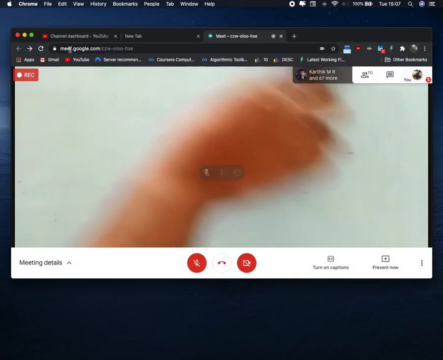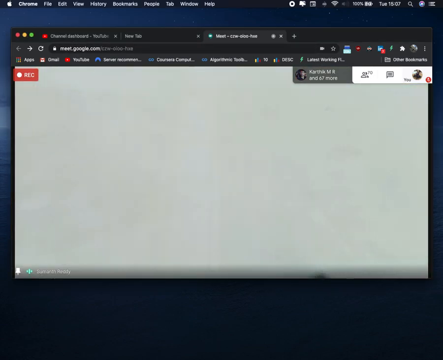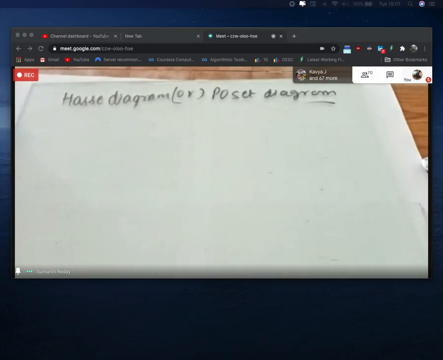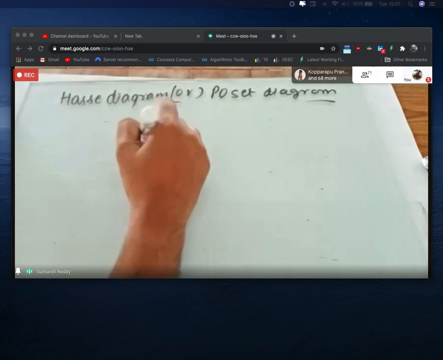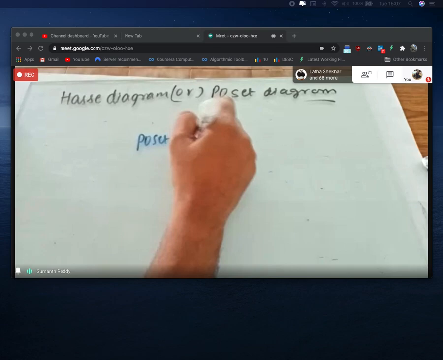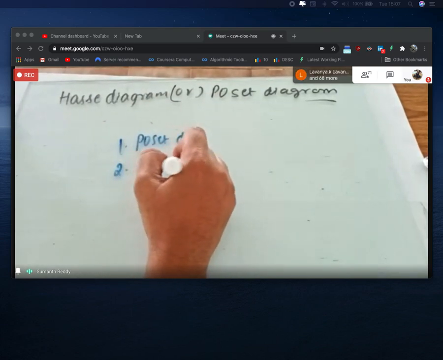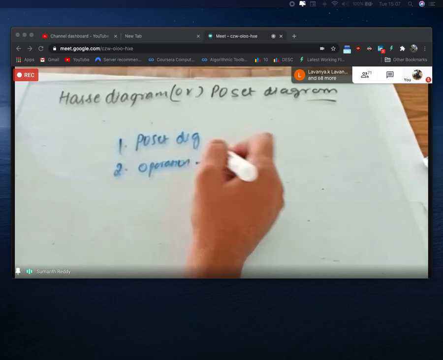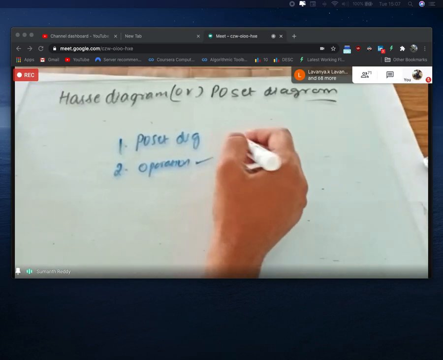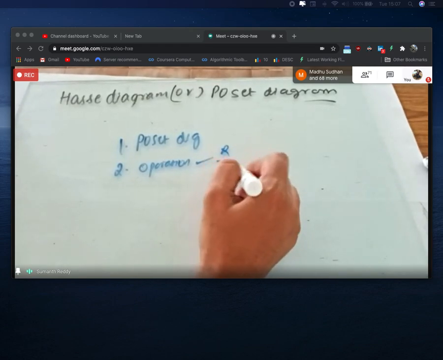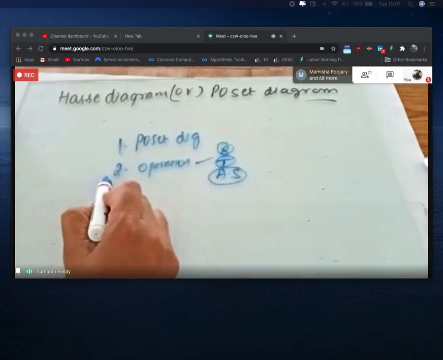As I have told you, in case of the partial order topic, they will ask you to write the Hasse diagram or Poset diagram. So that is one type of question that they can ask. And the second one is he will give some operation and ask you to check whether it satisfies the partial order relation or not. In that case, as I have told you, you need to check with the reflexive, transitive and antisymmetric properties. If it satisfies all these three properties, it is said to be a partial order. This kind of question he can ask.